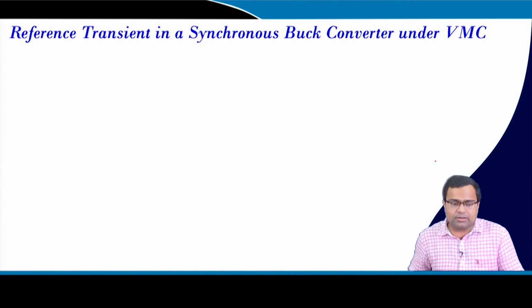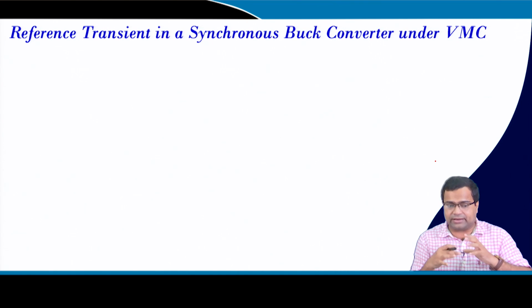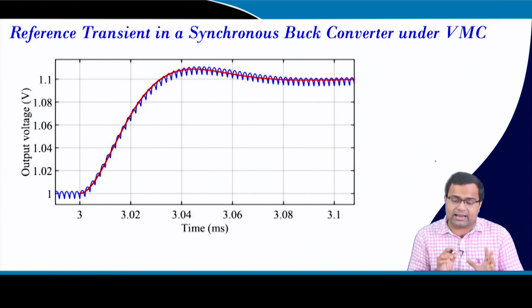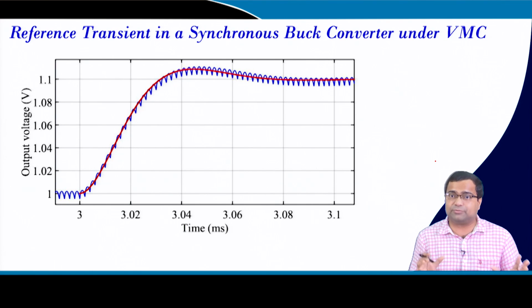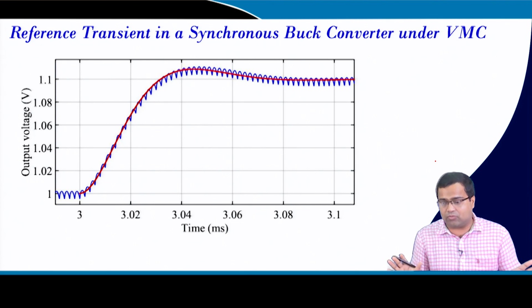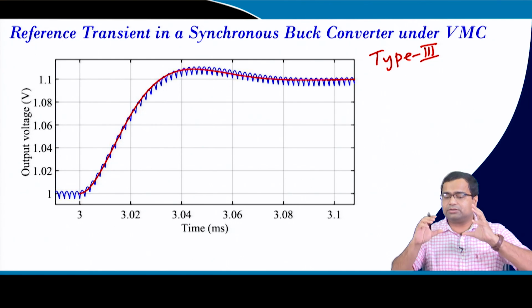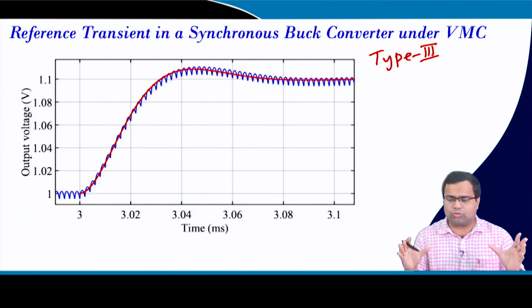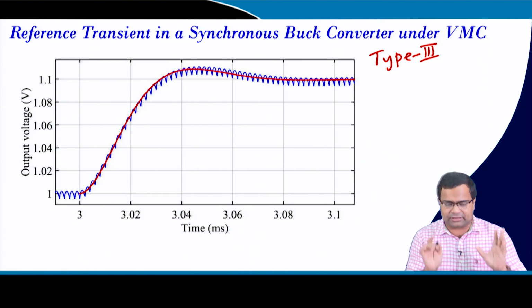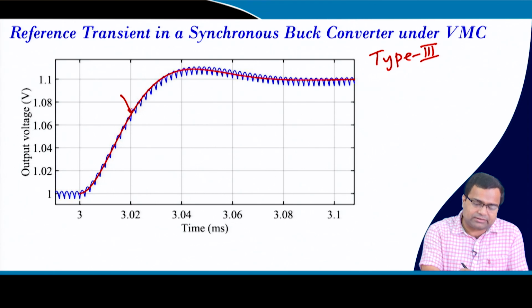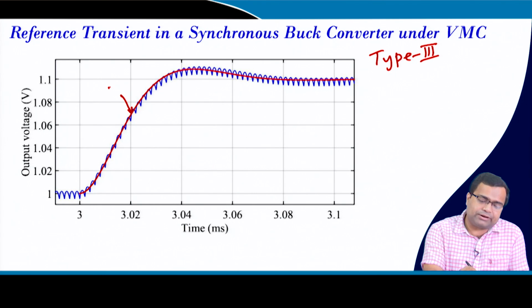Now, I am showing another case, a reference transient in a synchronous buck converter under voltage mode control. Here again the buck converter is running under voltage mode control, and I am not saying what kind of compensator I am using, but it is well known that I am using a type 3 compensator, and we will soon discuss this compensator structure as well as its design for both buck and boost converter. For the time being, the red trace is the response